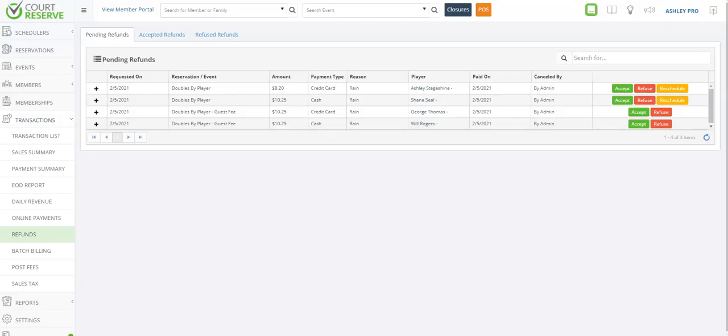So now let's talk about refunds. If a paid fee needs to be refunded, it can now be refunded to the guest in the form of cash. So if we go to Transactions and go to Refunds, we will see the Pending Refunds tab. Here, because of rain, we have canceled this reservation. Remember that one member paid for both the member and the guest, and then cash was used for one member